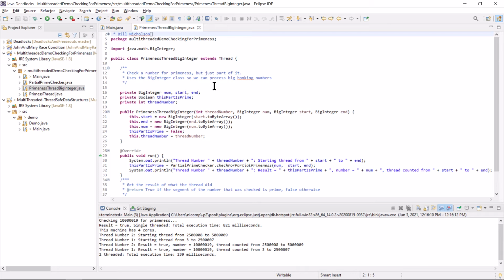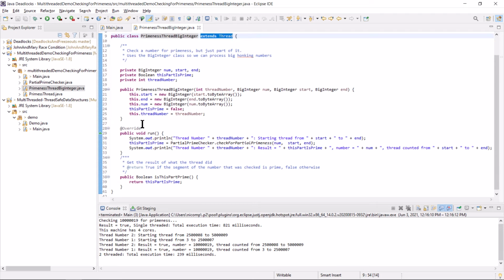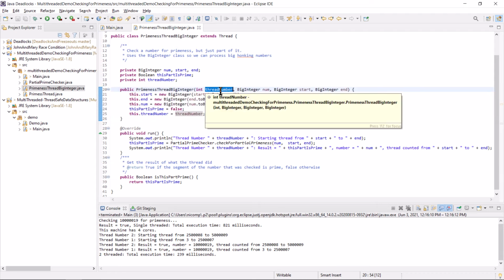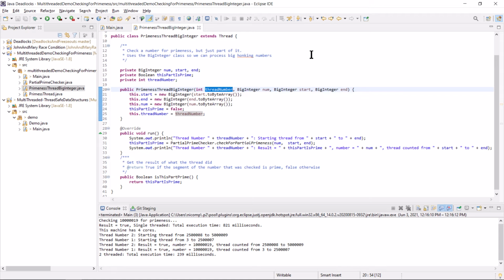So I have a class called PrimenessThread BigInteger. It extends the Java Thread class, meaning it knows how to behave as a thread. It has a constructor that accepts the number that I'm checking for primeness, the thread number I've assigned to this object, just arbitrarily give it a number so I can keep track of it, and the range